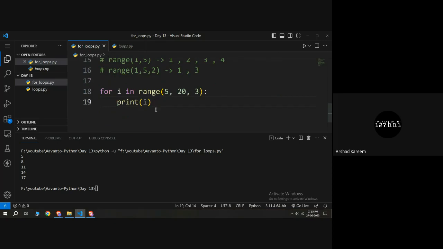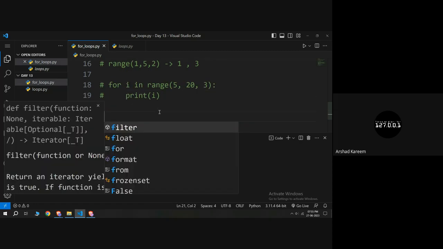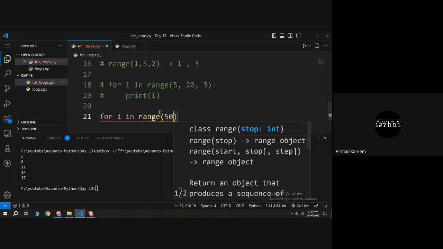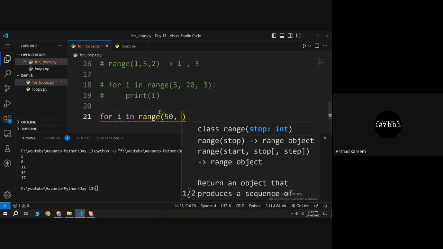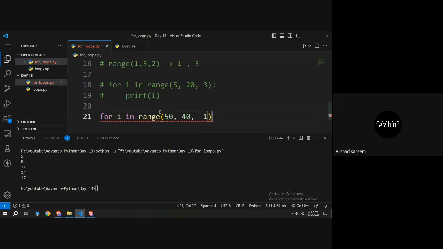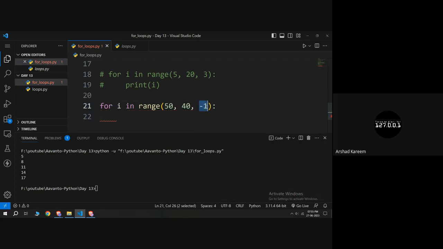So it will just return us some numbers. And similarly, I can perform this range operation in reverse also. I can start from 50 and go until 40. Here I need to use decrement, because I need to go in reverse order. By default, my increment will be 1. If I say only 1 here, and if I print i,